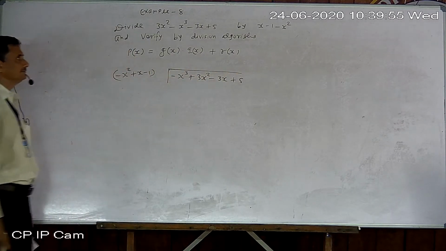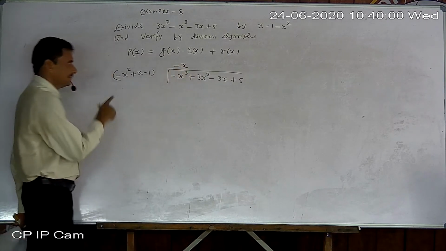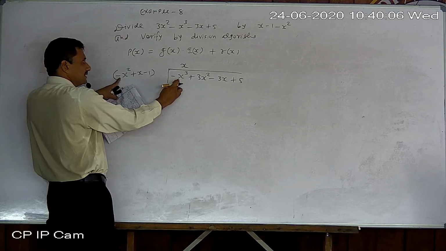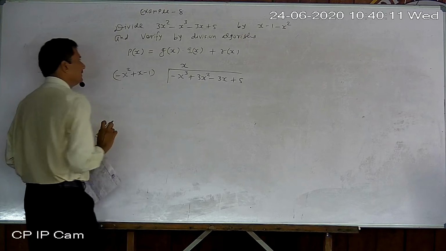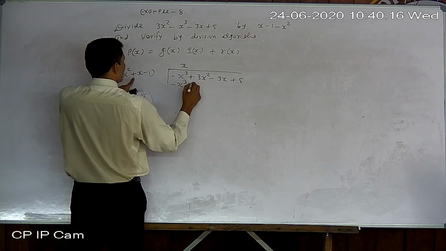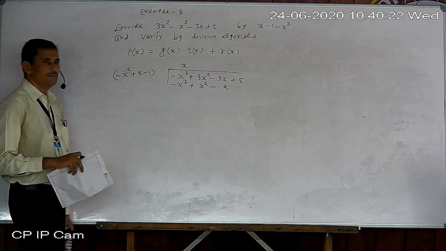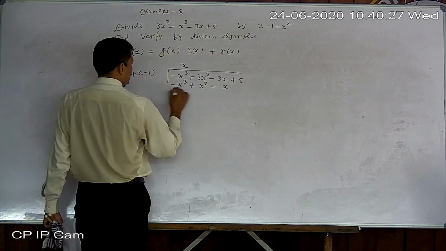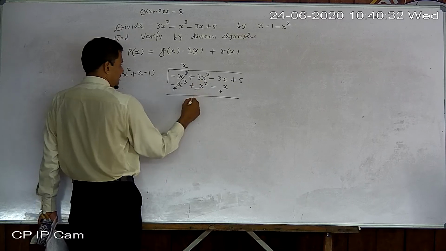Here also. Okay, now minus x. Why minus x? Sorry, plus x. I want minus x cube. So minus x square is already there. Only x is missing. So I multiply it by x. So it will be minus x cube plus x square minus x. Okay, we multiply it by x only. So minus x cube plus x square minus x, with signs changed: plus, minus, plus. That's what. Plus 3 minus 1, 2x square.